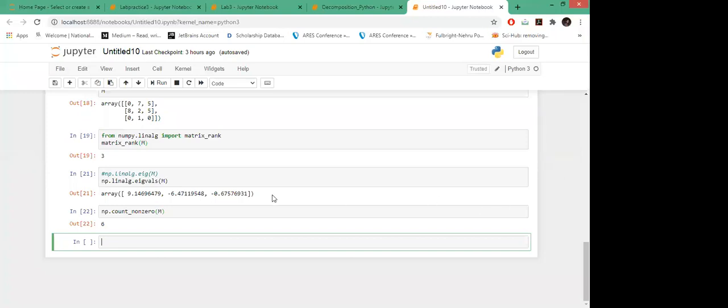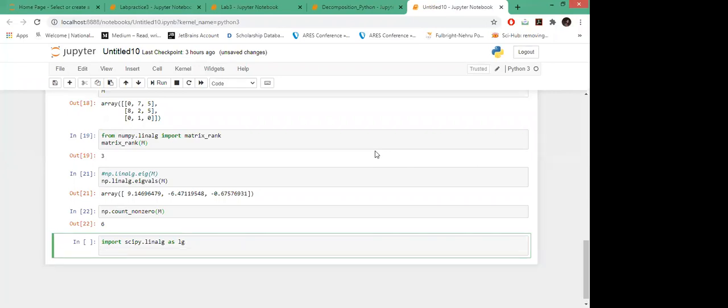Okay. For this, I need the library SciPy, which is mainly used for these types of operations. So I will import scipy.linalg, from SciPy. I'm using the linear algebra library as LG, so instead of writing scipy.linalg all the time, I'll use this short form LG to access the functions or attributes of this library.